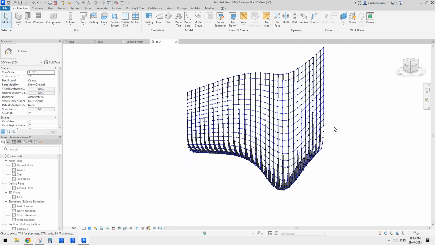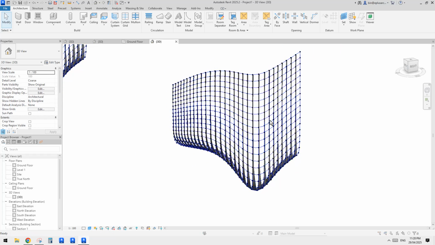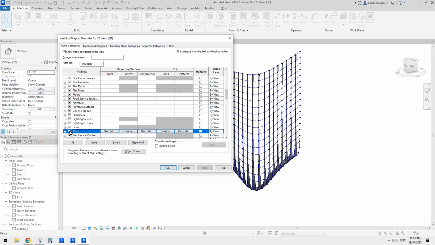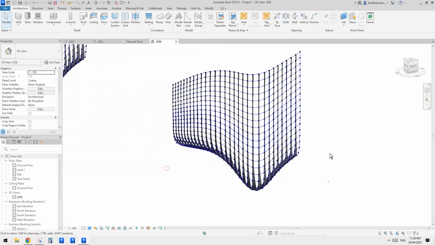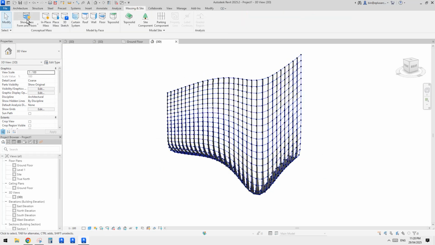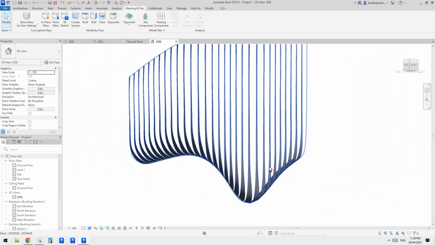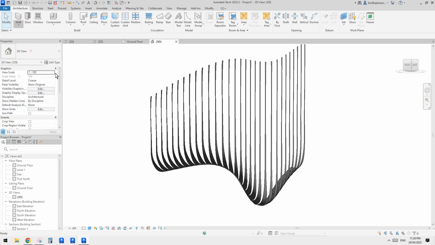All the nodes are still visible. If you want to turn them and also the grids off, type VV, go to mass, tick, and nodes, grid line, okay. Still visible, so maybe it's in settings. Turn this off. Yep. So now we have all these surfaces, and probably we can place wall by face, and then